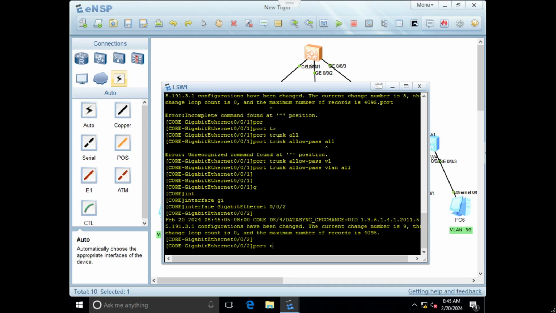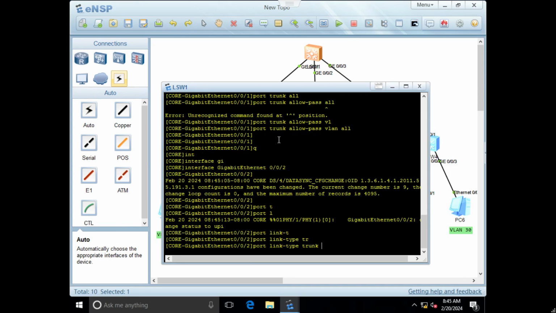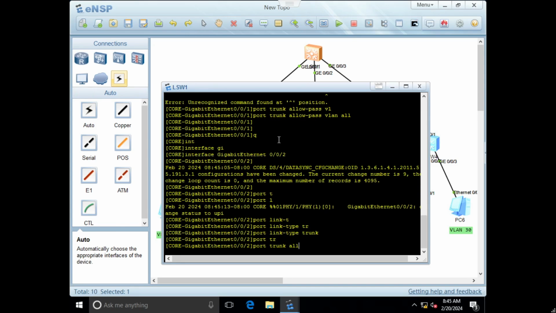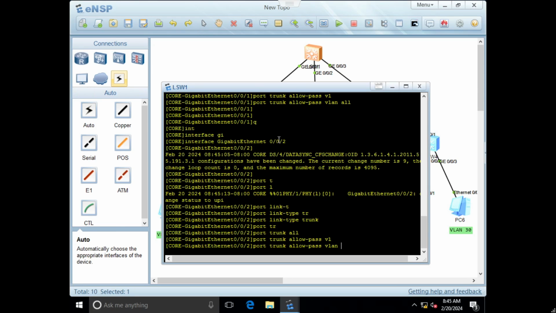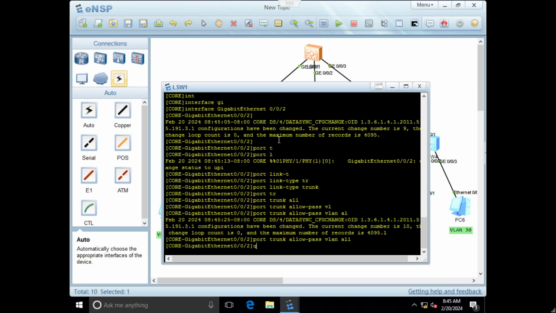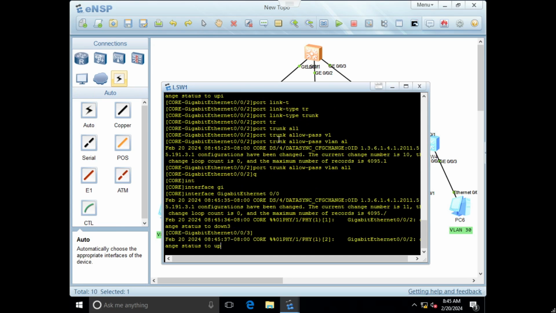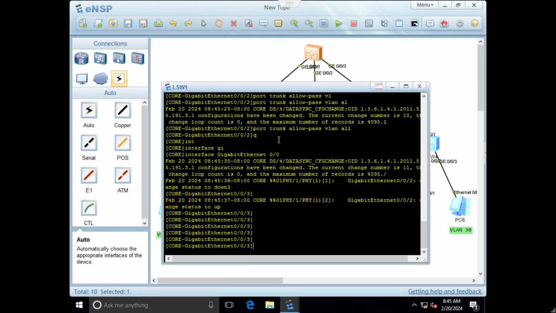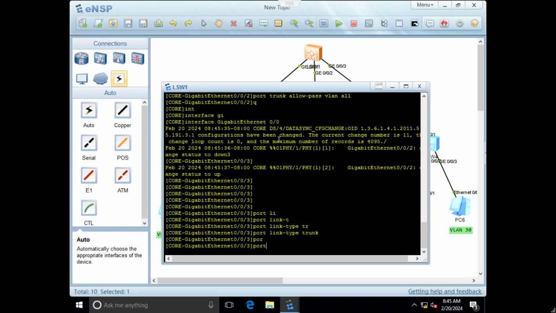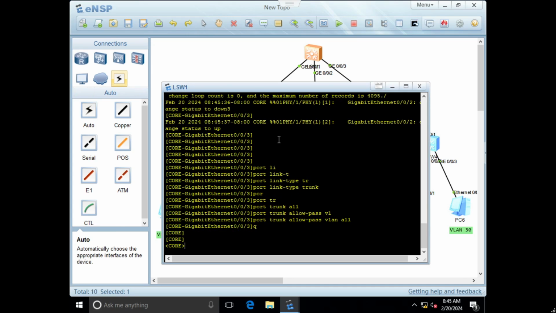So go to the port, link type trunk, port trunk allow-pass VLAN all, and for the last one, 003, we enter port link type trunk, port trunk allow-pass VLAN all. Go back, save,